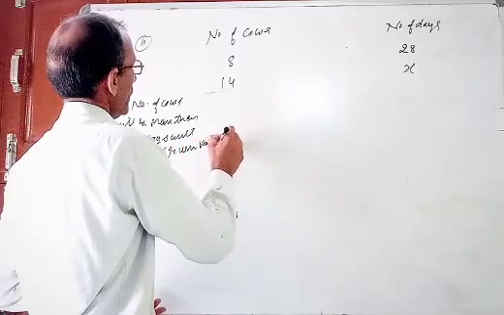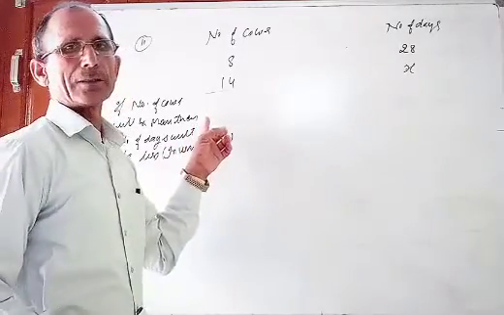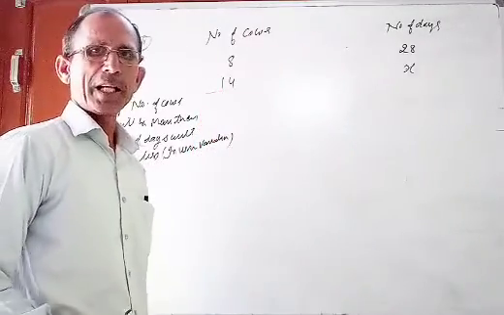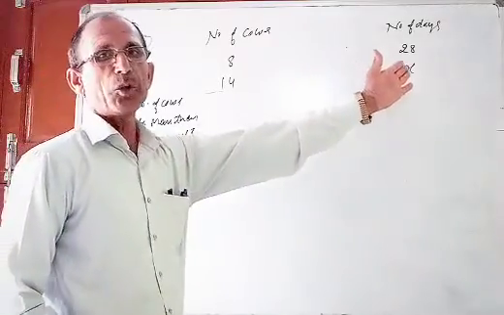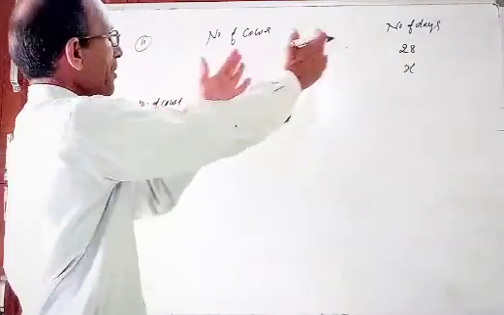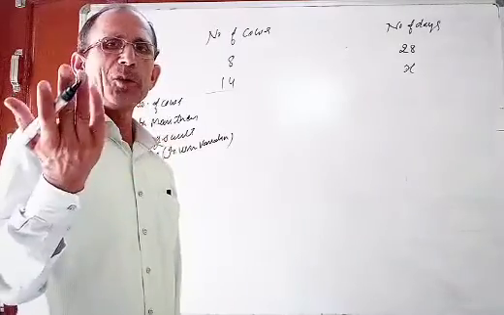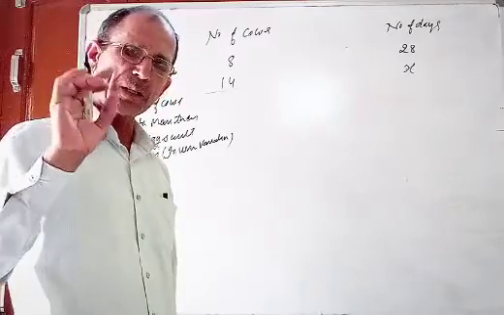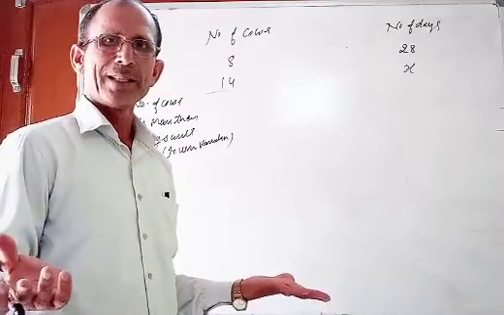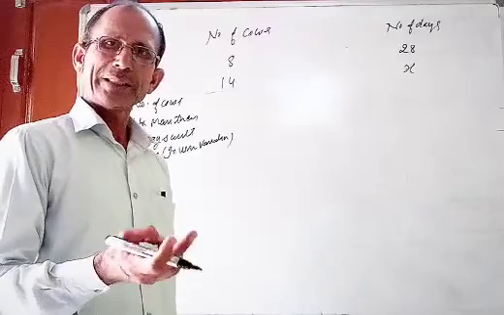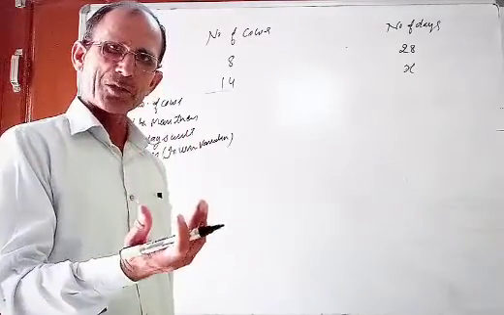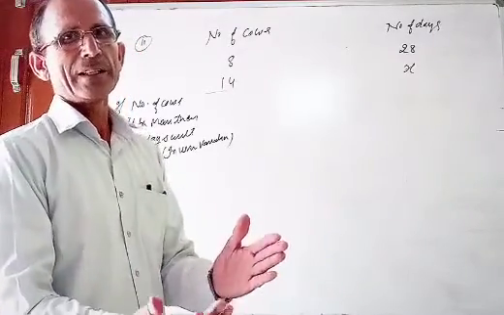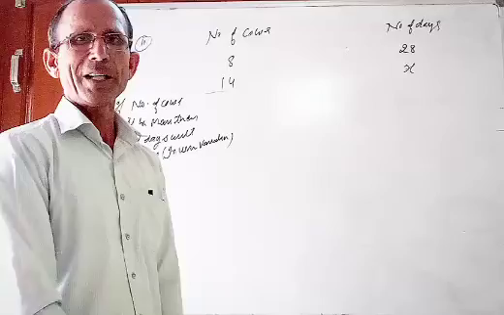You have to try to understand this topic: where we have to apply direct variation, where we have to apply inverse variation. What is required? We have to find the number of days. So compare the cows with days. If the number of cows is more, they can graze the field in fewer days. If the number of cows is less, they can graze in more days. So with more there is less, with less there is more. It means this is inverse variation.